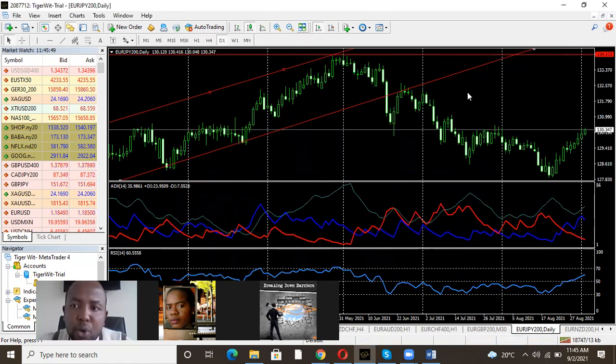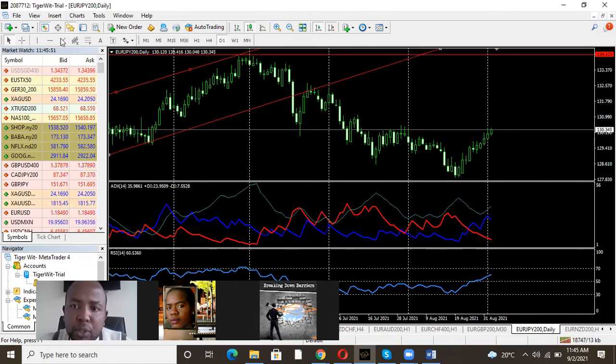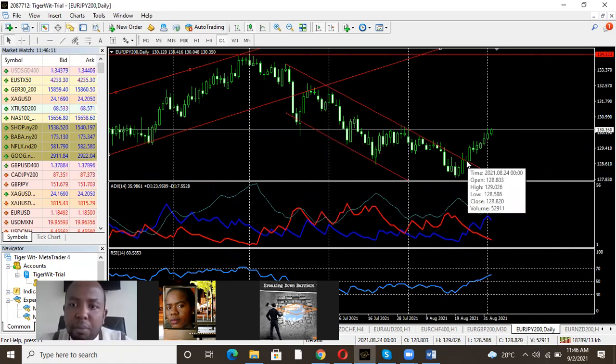You can see now there was also another trend line here going down. Let me draw this one going down. You can see this is another trend line and it has been broken. That's another trend line. Let me add also another one on this other end. You can see this one seems to have been broken. So you could have gotten a good buy around this area. This is what we call the break, because now it broke.